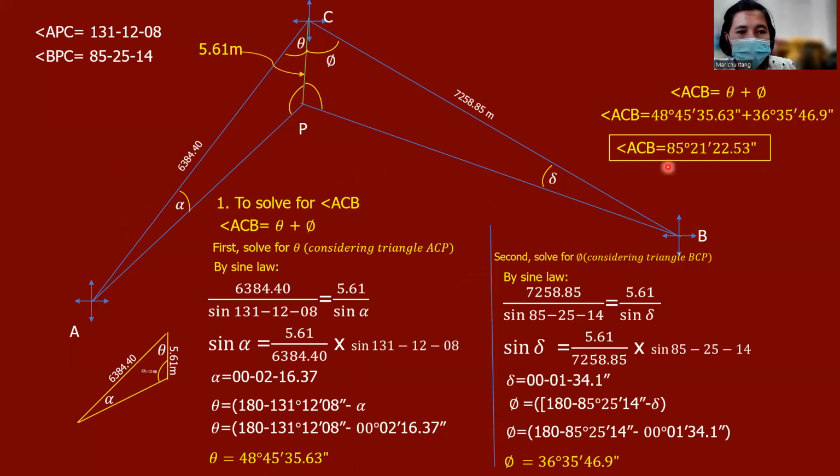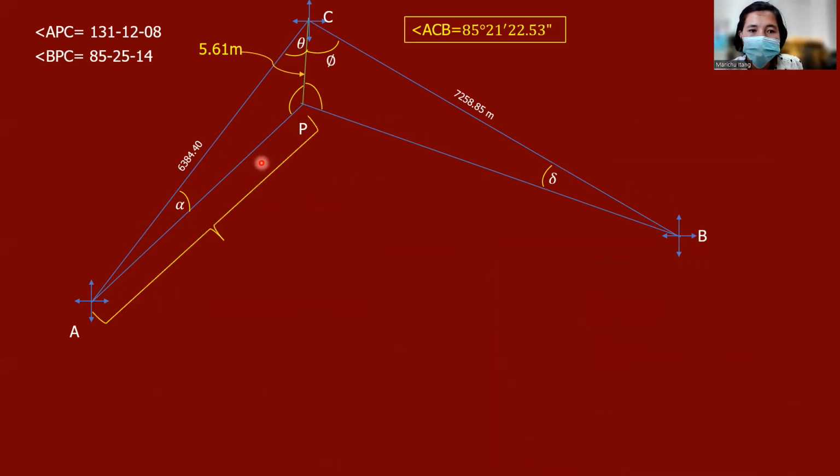So number 2, we are required to compute the distance of AP and the distance of PB. So there's no problem with that since we already have the angle. We have the measurement here, we have the angle here, we already completed the angles of the triangle, so we just employ sine law to determine the length of AP. Okay? So to solve for AP,